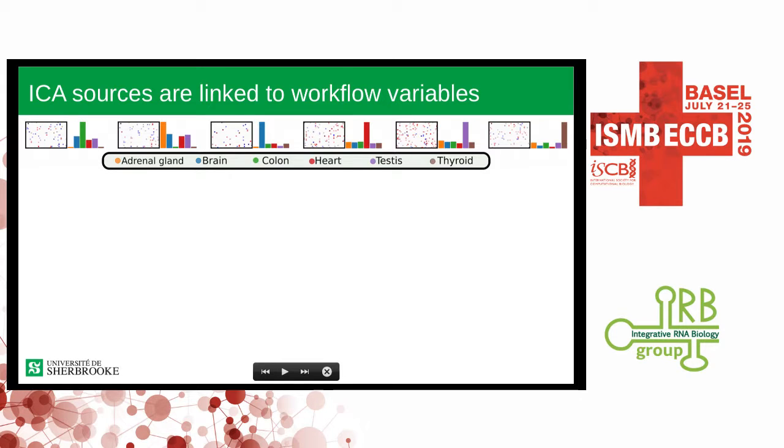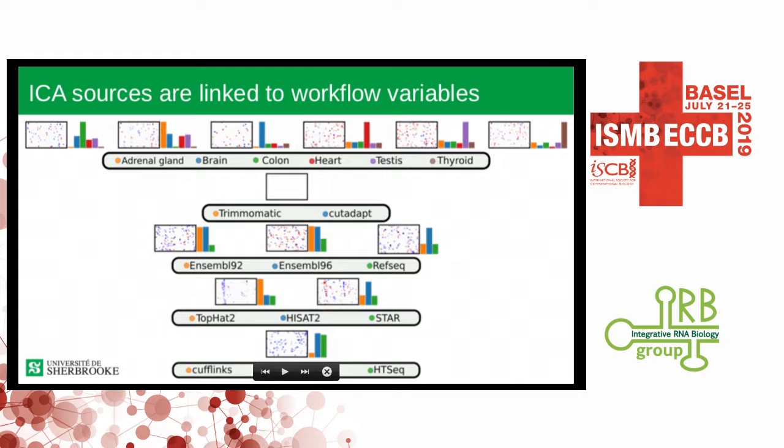So for this example, this source here scores very low for every tissue, except for the datasets that are coming from the heart. So we can say that using this source, we can identify if the dataset was a heart or not. And by combining all these possible different sources, we can identify the tissue of origin. But the sources that are interesting to us are these ones.